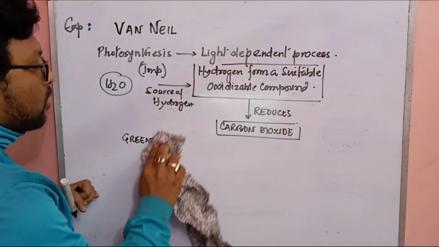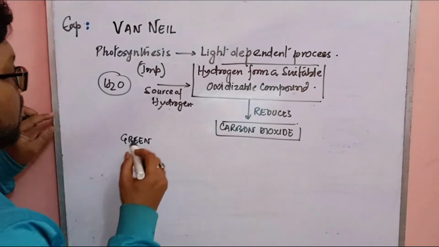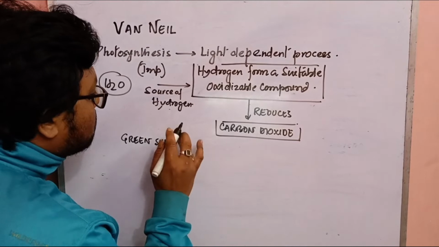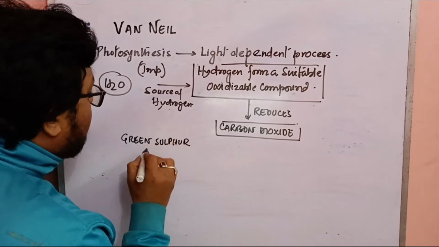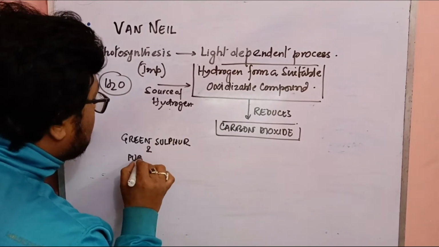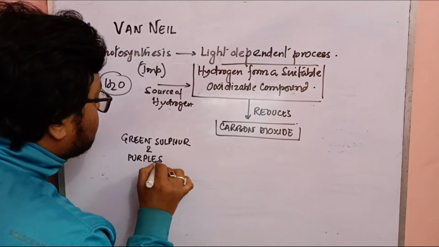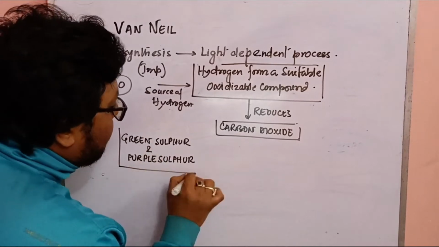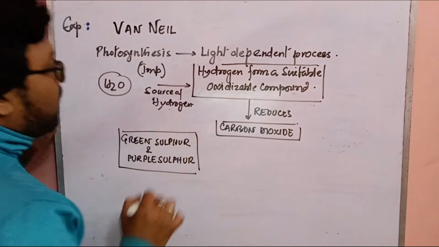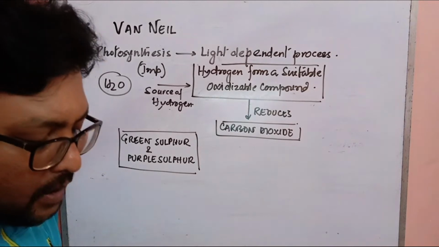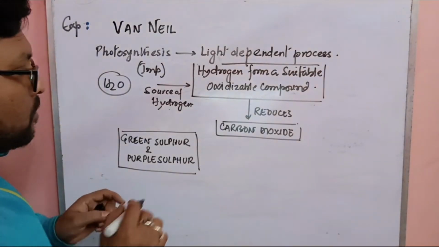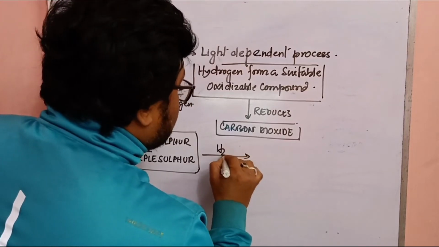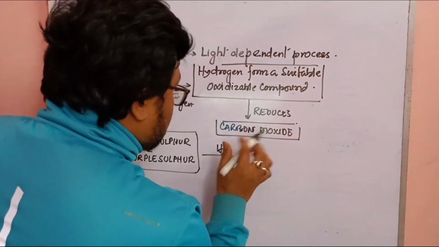You can write it down if you are taking notes. He took green sulfur and purple sulfur ব্যাকটেরিয়া। তো কী করলো, গ্রিন সালফার এবং পার্পল সালফার ব্যাকটেরিয়া নিল।